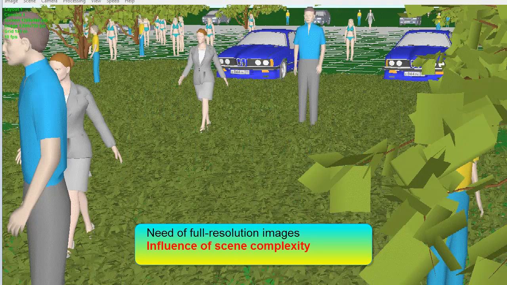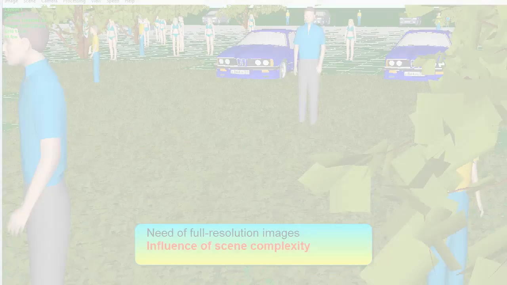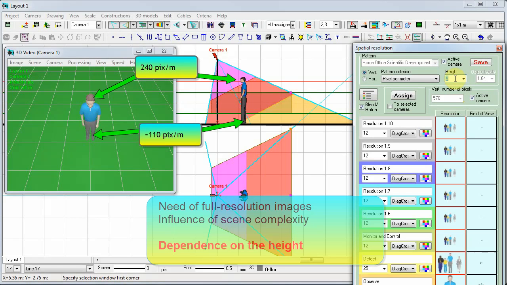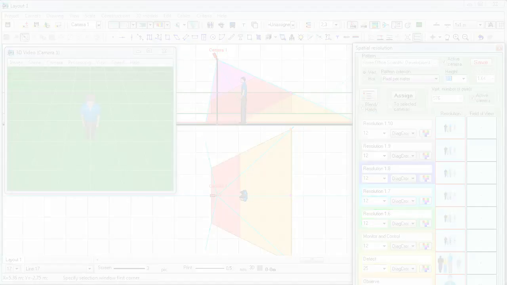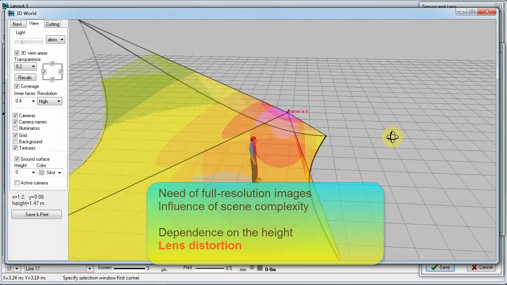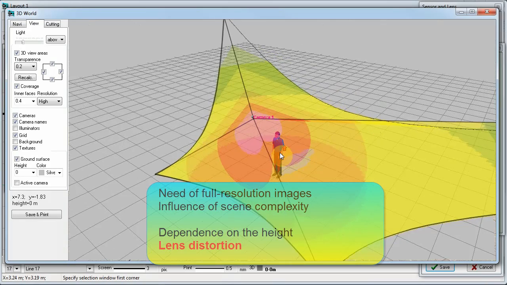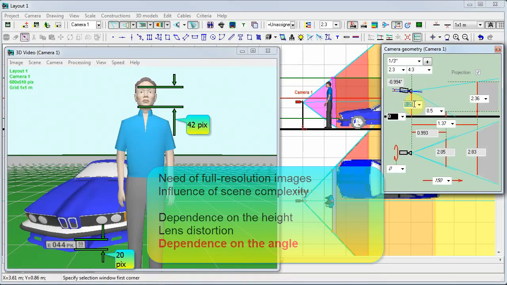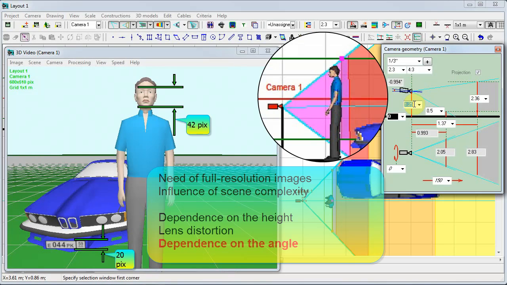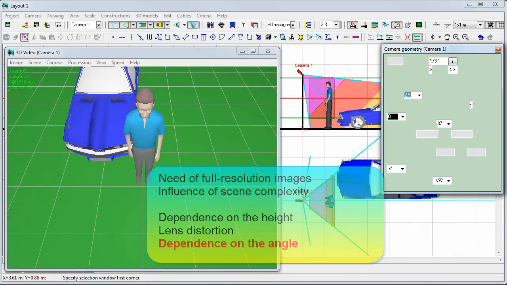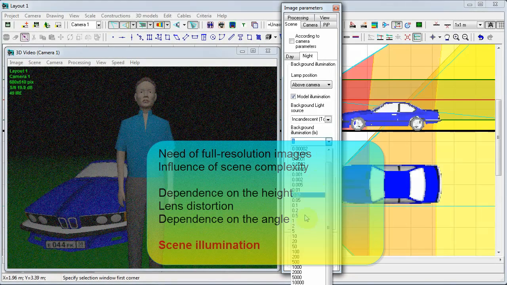We examined the principles of pixel density distribution in space, dependence on the height, influence of lens distortion, the dependence on the angle at which the target gets in the frame, factors limiting capability of the camera, scene illumination,